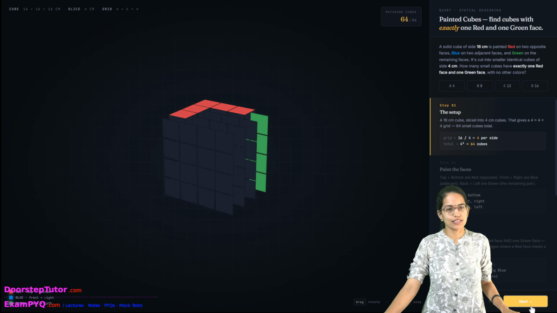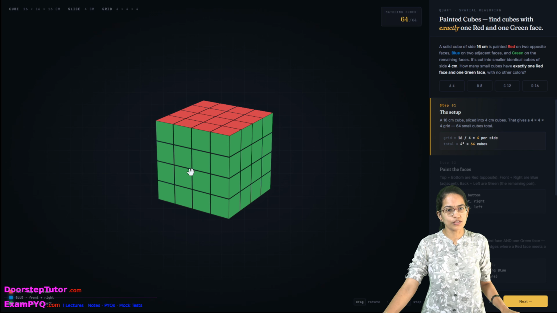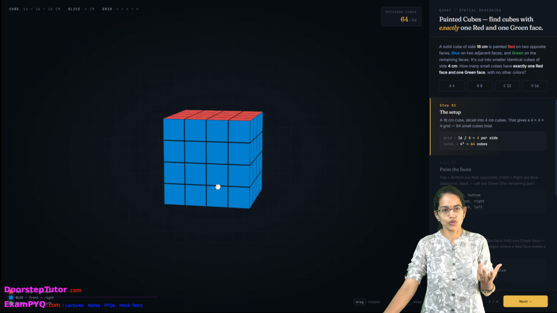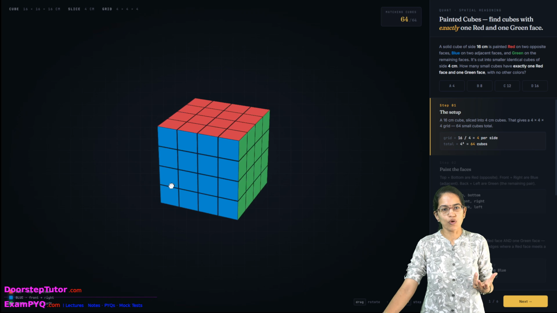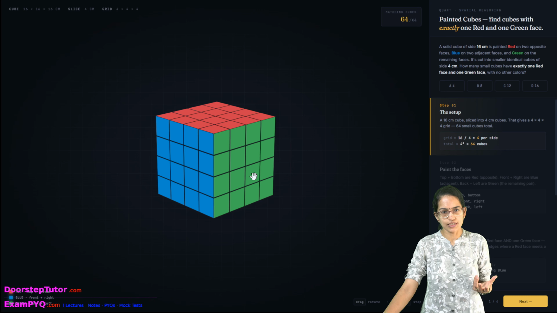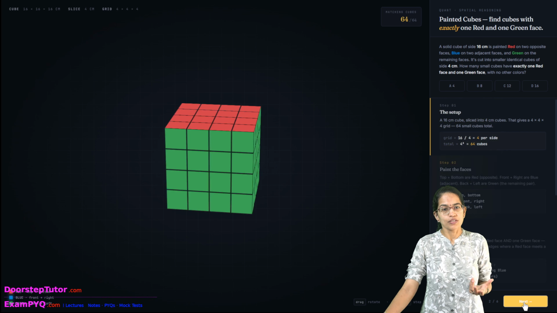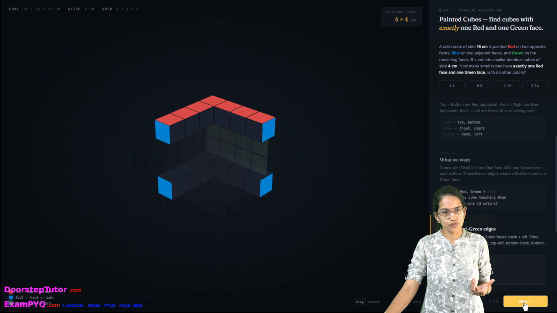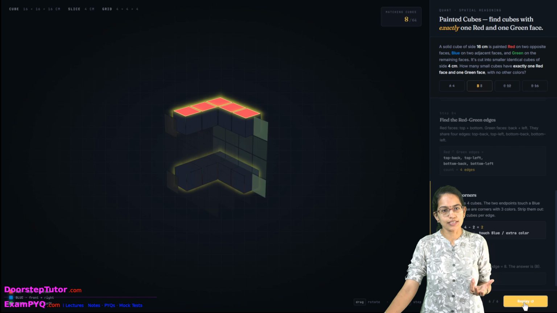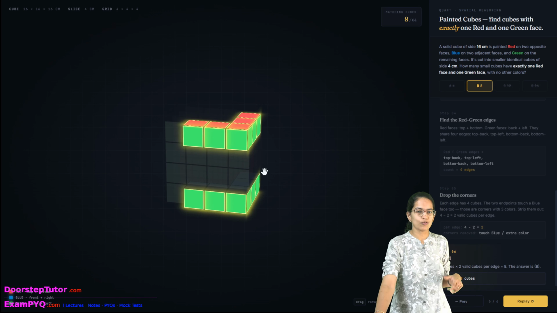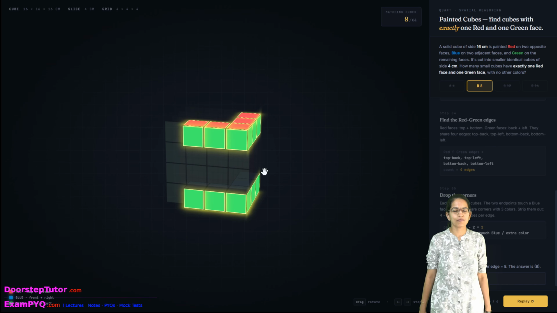So this was an interesting problem to solve. Once you have a clear visualization of the cube, how you cut it, you remove all the blue sides, you are left with only the green sides and the red sides. You remove the pure green sides as well, right? So you remove the pure green sides and you are left with only the section which has red and green, and then in the red and green the two sides with the green are also removed. So that's the complete picture, you understand.